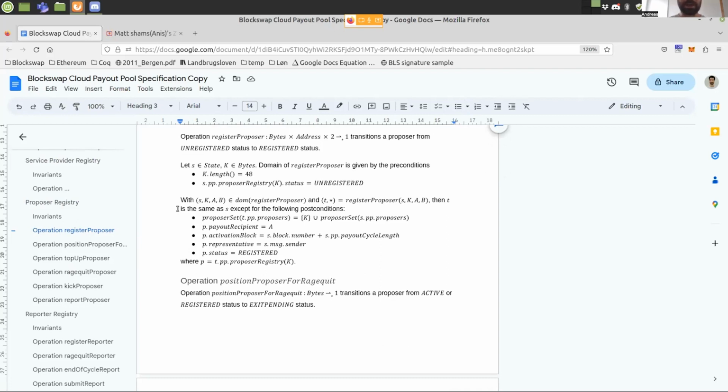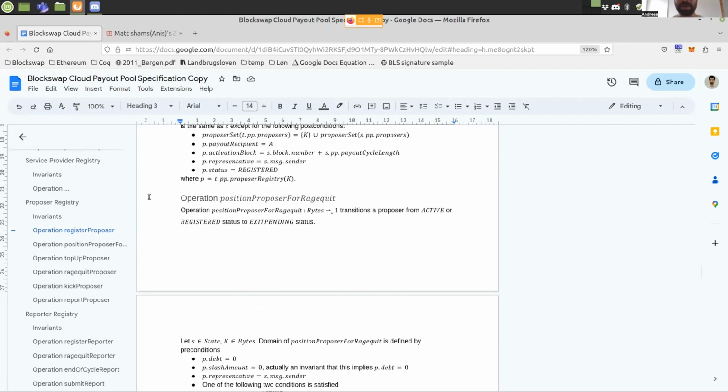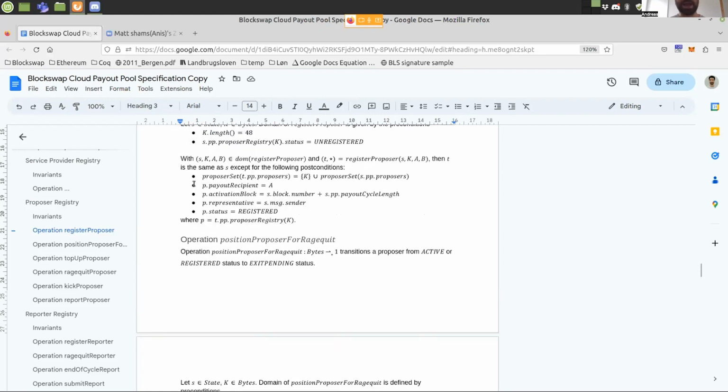And then after he has been registered, he will be activated at a later point. I think Vince mentioned this, that this will be after 7 days, currently as it is. So after 7 days, he will be able to earn rewards. This activation happens automatically, so there's no operation to do that. Once he has been activated,